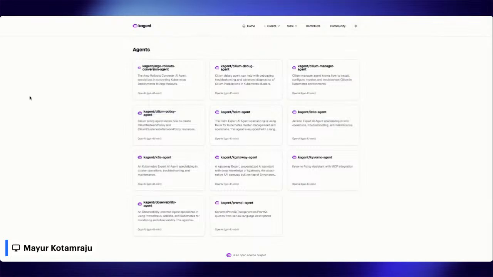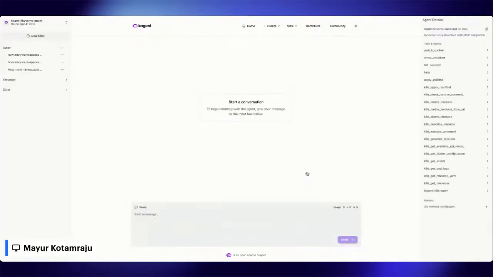So here's the Kagent dashboard. This is where all your different agents are. Just to give you some context, this demo is on my local Kagent cluster. It's configured with, as you can see, OpenAI, and it's running locally on my computer. So that's an overview of where this is running. I know there were some questions about that as well. I have already pre-created all of these agents with the MCP integration that I just showed in GitHub. So let's go ahead and run some queries here. Let me show you some basic queries. The first thing I want to do is make sure that Kagent can talk to my cluster.